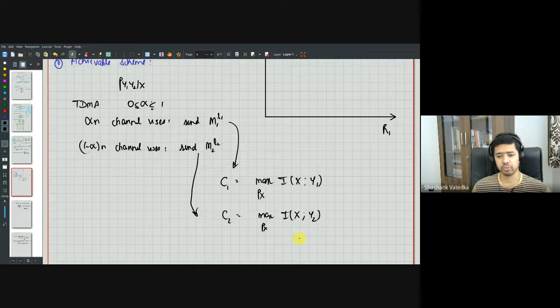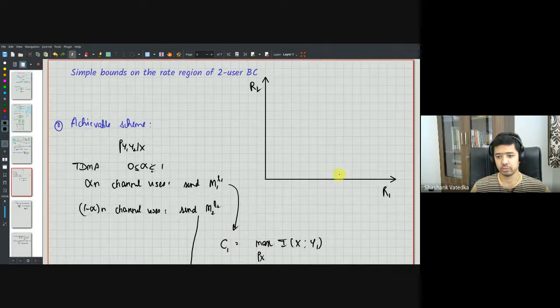So one point to note here is that since these channels could be different, the maximizing input distributions could also be very different, right? So the one which maximizes I of x comma y1 could be different from the input distribution which maximizes I of x comma y2,